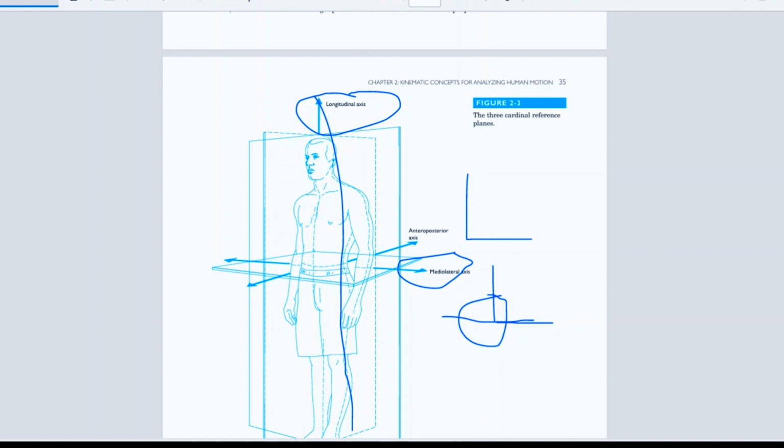It is important to understand that the sagittal, frontal and transverse planes divide the body and describe the movement's direction, while the mediolateral, anterior posterior and longitudinal axes describe how the body rotates. Every movement in the body occurs within a specific plane and around a specific axis. So remember these terminologies, they are very important.